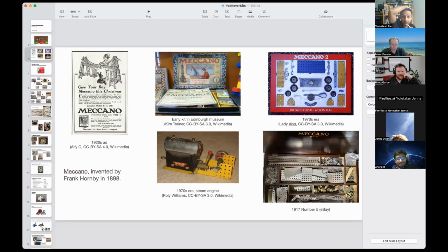But if you Google Meccano, you'll see people have made really huge, extremely complex things out of Meccano, like almost full-size steam locomotives and stuff. And you can buy classic kits. The expensive ones are super expensive, but the